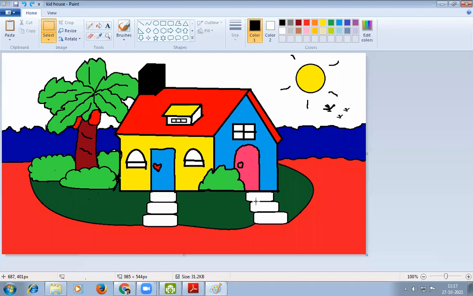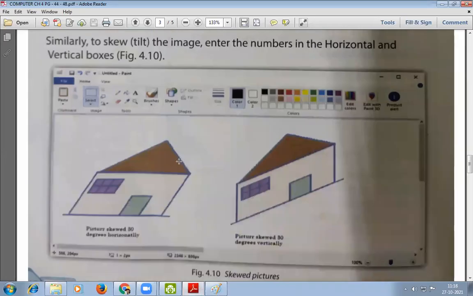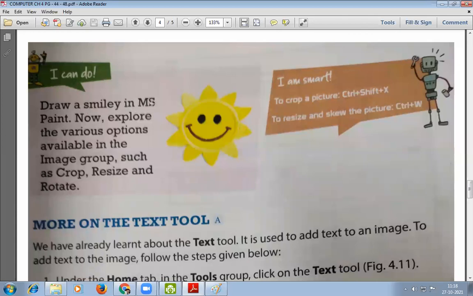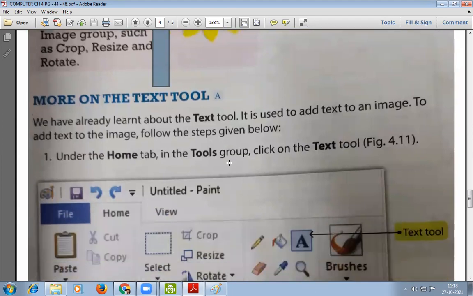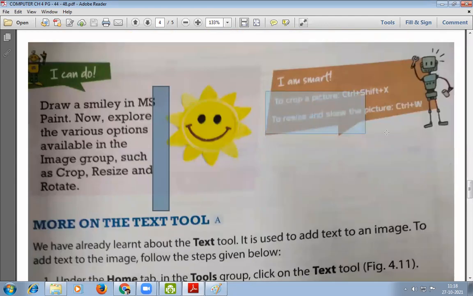Now, students, let's go to page number 47. Here some shortcut keys are given.